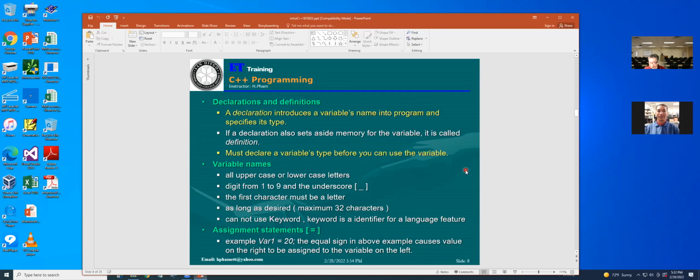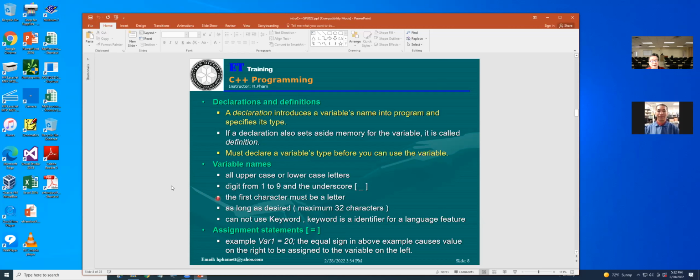So you can store the value. Without a declaration, you get an error. And what they say is, you must declare the variable type before you can use the variable.